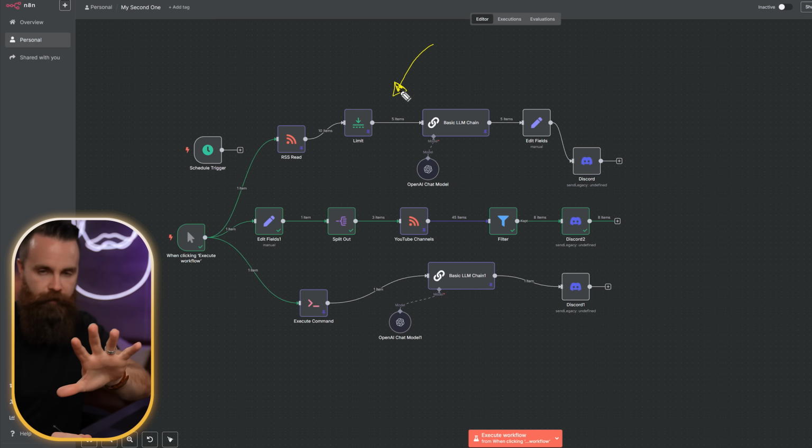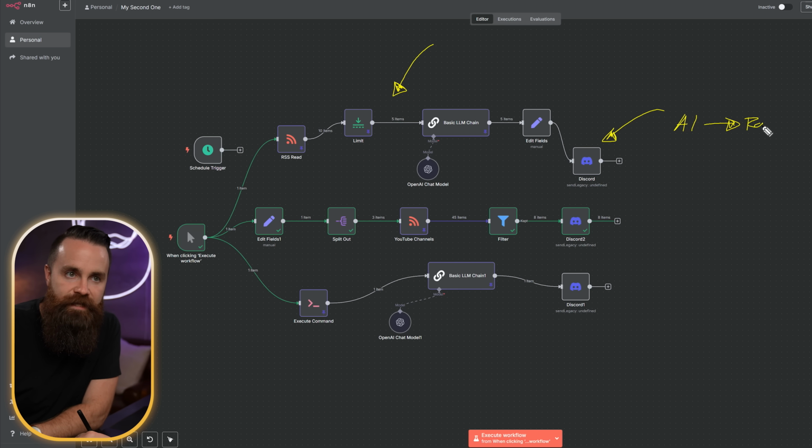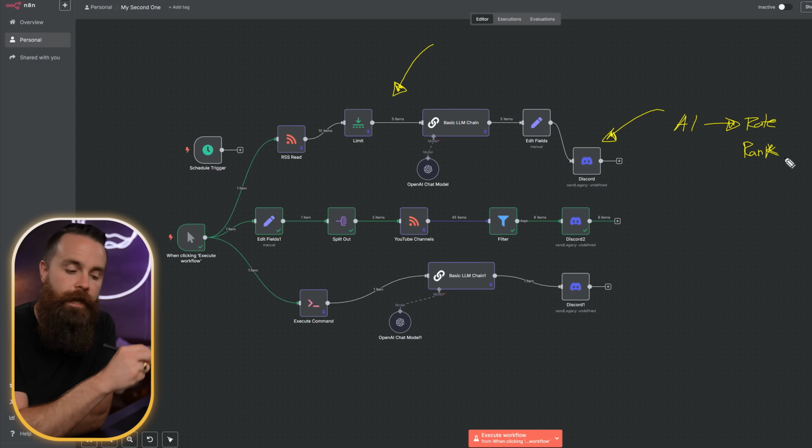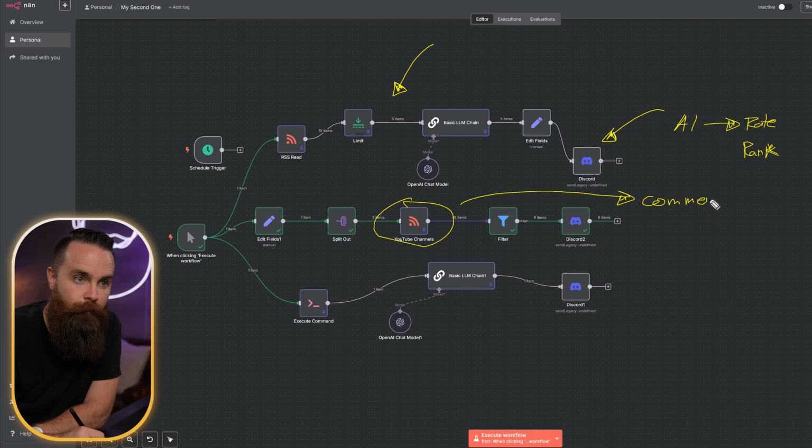Think about this, food for thought, because this is what I'm going to build based on this. Instead of just spitting out articles, maybe you have an AI rate the articles based on your personal preference and rank them. And maybe the AI will tell you, hey, you should definitely read this article or don't waste your time with this. Maybe it can go through YouTube videos, look at the comments, read the transcript, summarize when you